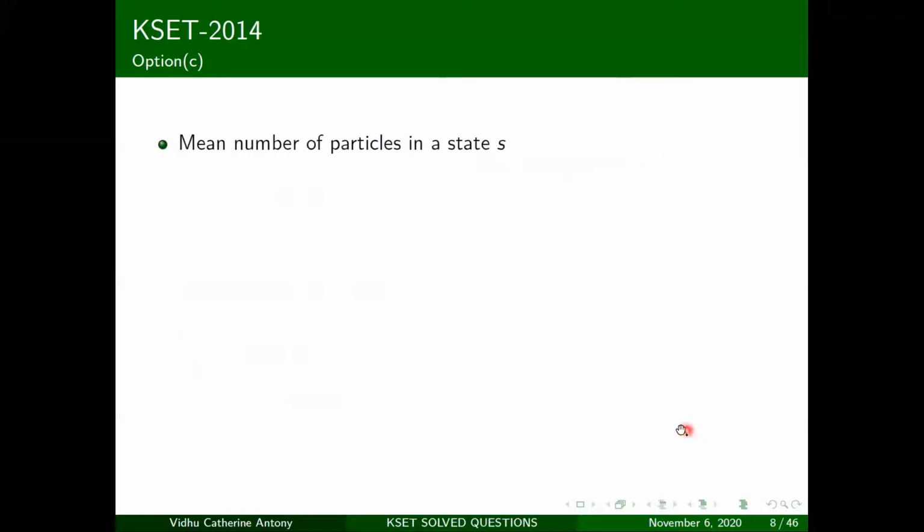Now let's look at the mean number of particles in a state s. If you're looking at the mean number of particles in a state s, this is the way you would write it. I think you should have done a derivation on this, to calculate the mean number of particles in a state s. I will refer the page number and tell you what it is. You should go check that out because this is probably going to be coming for your MSc examination. That's why I thought I'd go through this derivation quickly.